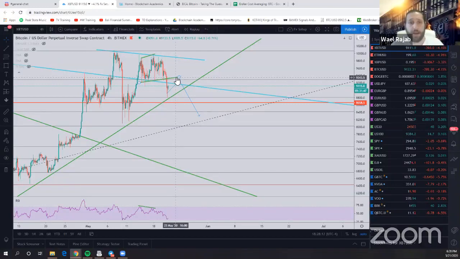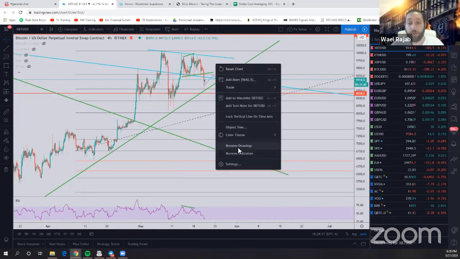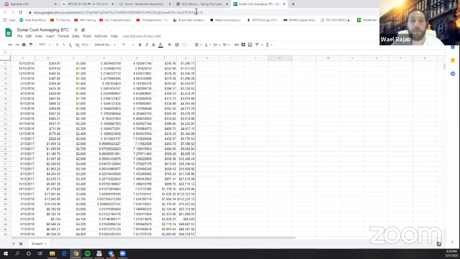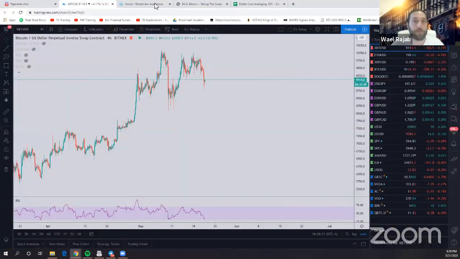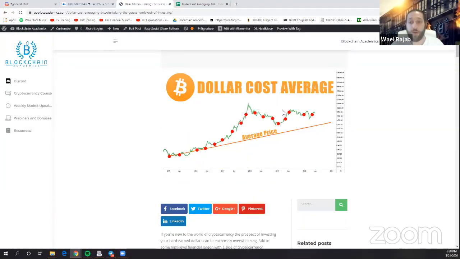This is just my markups for trading. I'm going to remove all drawings, and I'm going to emulate this photo that we created, so you can see the dollar cost average. We did the data from